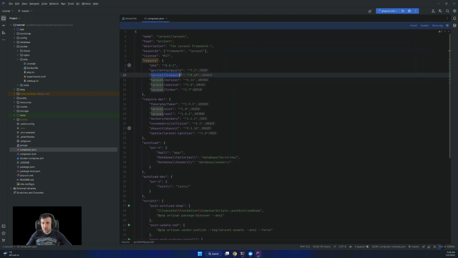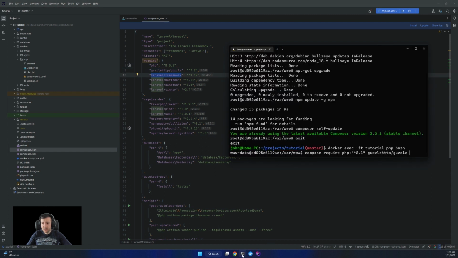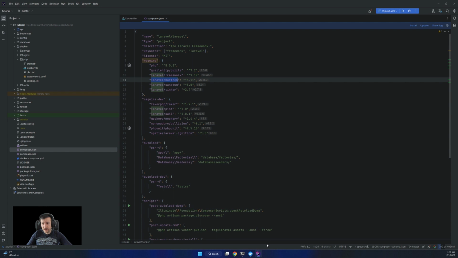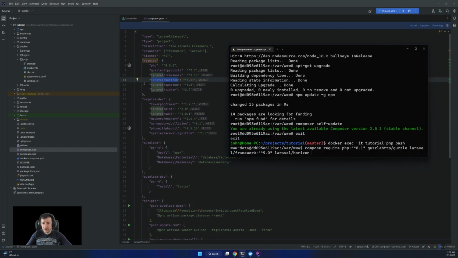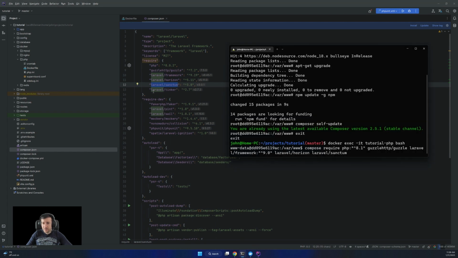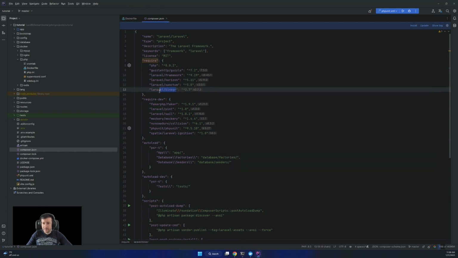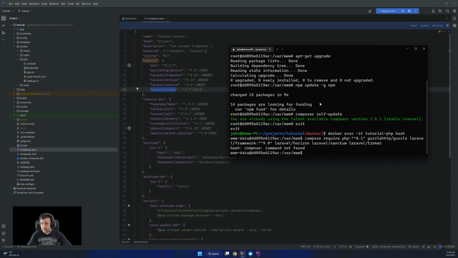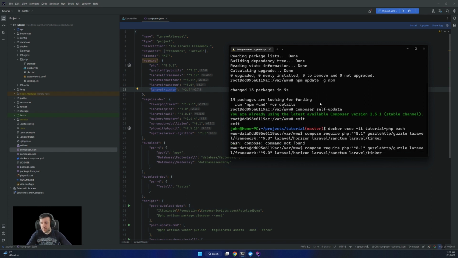For Laravel framework I want the latest 9 version, so I'm gonna go like this even if there is something in there. For Horizon, I don't care, the latest available version. For Sanctum, the same, and for Tinker, the same. So I go this and Composer. Yeah, my bad.